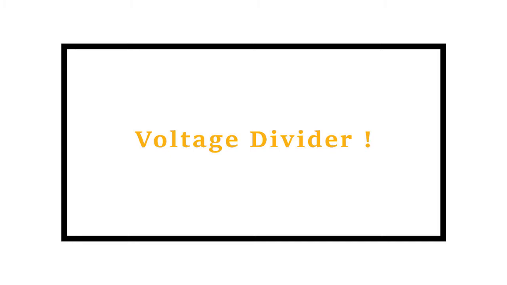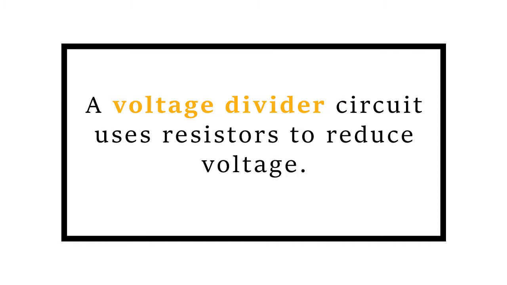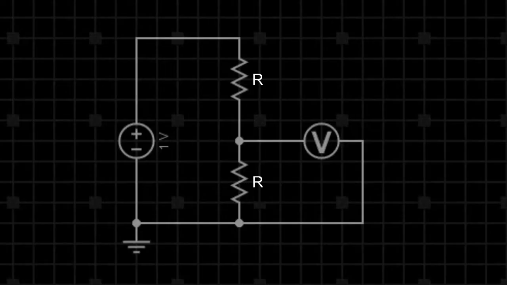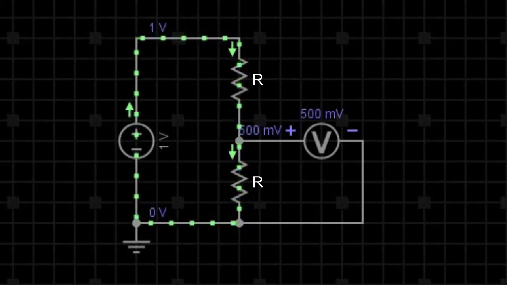This tutorial is about voltage dividers. A voltage divider circuit uses resistors to reduce voltage. You can use voltage dividers to do a lot of things, like create a volume control circuit or generate reference voltages and much more. If you apply Ohm's law in this circuit, by running it, you'll find that 1 volt